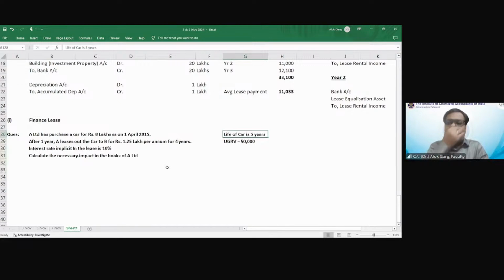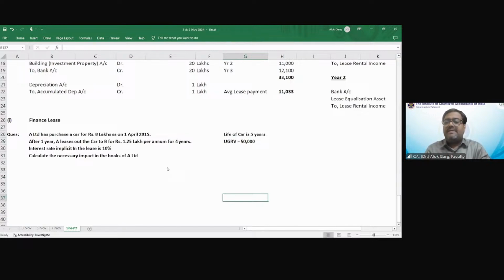For example, I am holding a car and I purchased a car for rupees 10 lakh. The life is 10 years. I am expecting that after 10 years, even though if I'll scrap this car, I will get at least 50,000 rupees. Right? अगर मायापुरी में मैं इस कार को as a scrap भी बेचूंगा, as a कबाड़ भी बेचूंगा, I will get 50,000 rupees. So that is my unguaranteed residual value. Friends,